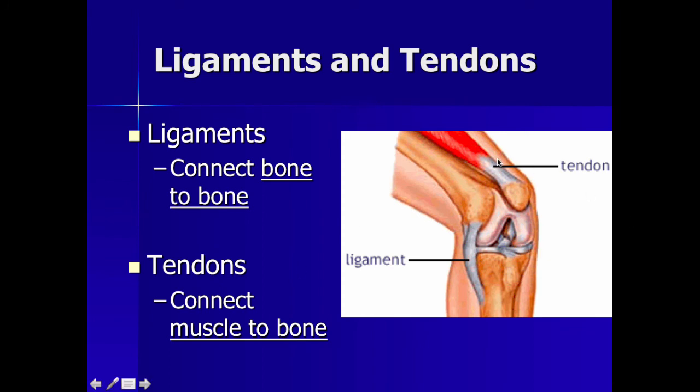Okay, so here you can see the tendon, and you've probably even noticed tendon if you've ever eaten chicken, like a chicken wing. There is that part of the meat, and then it kind of gets real thick and yellow. That's a tendon. And then what's connecting the two bones together is the ligament.